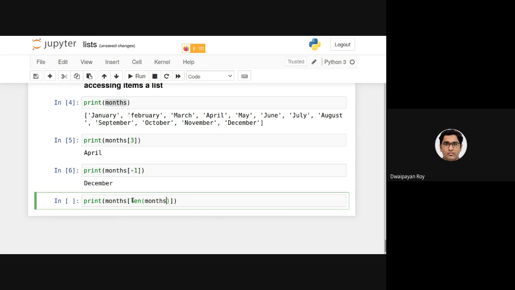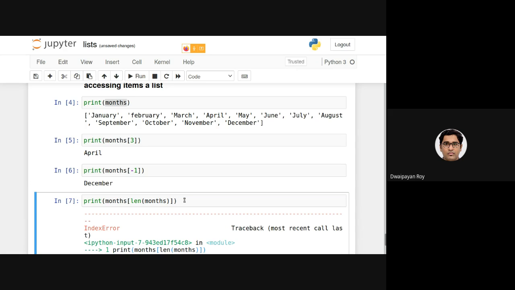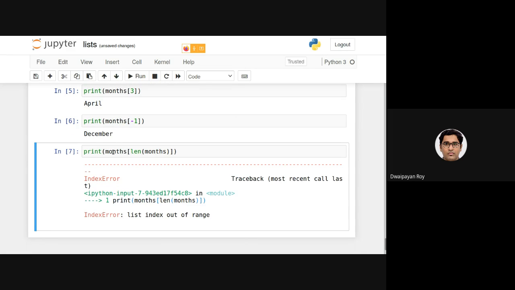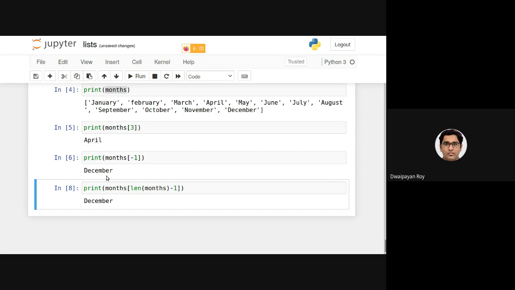So len of month is basically 12, right? But if I try to access this, it will be an error because there is no item in the 12th location, right? We need to provide a -1 here. It will be returning the last item.